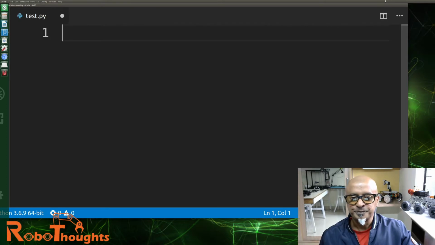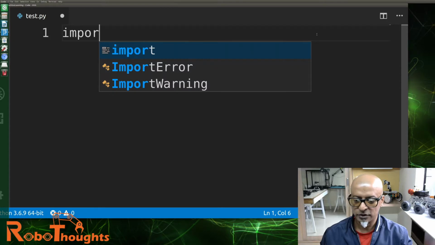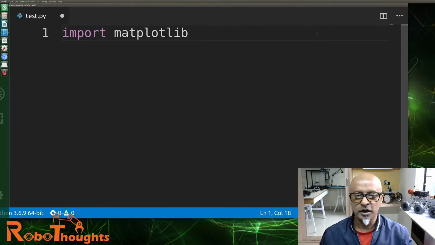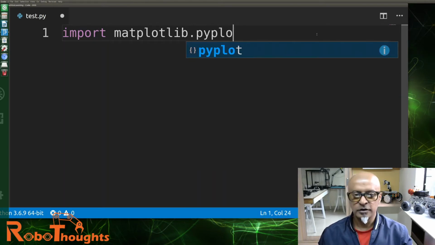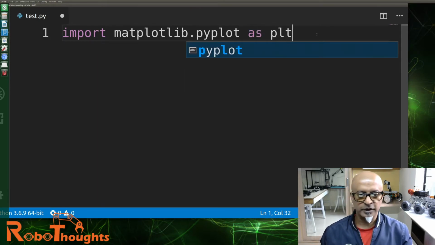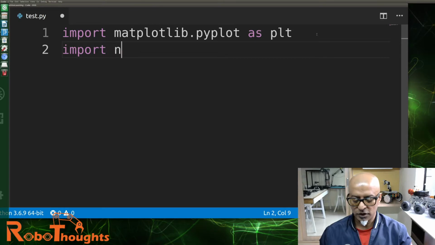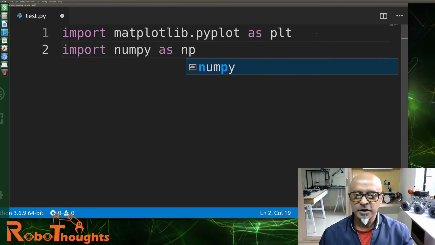Alright, now what we need to do, let's import matplotlib.pyplot as plt, and let's import numpy as np as an alias.